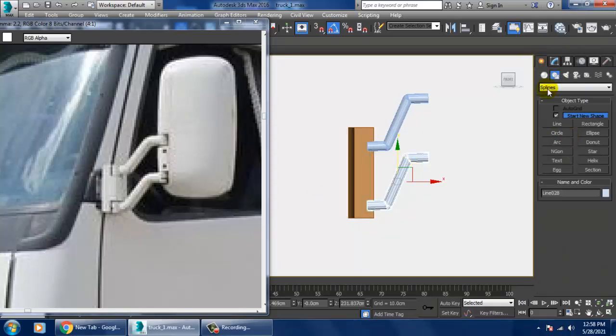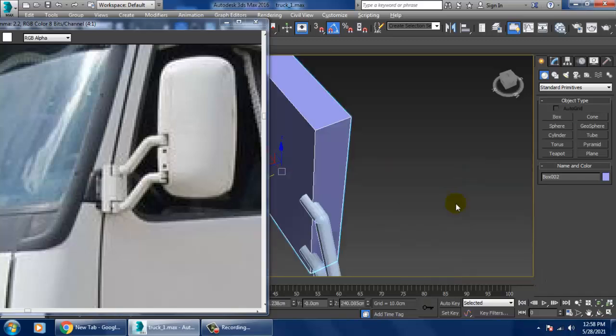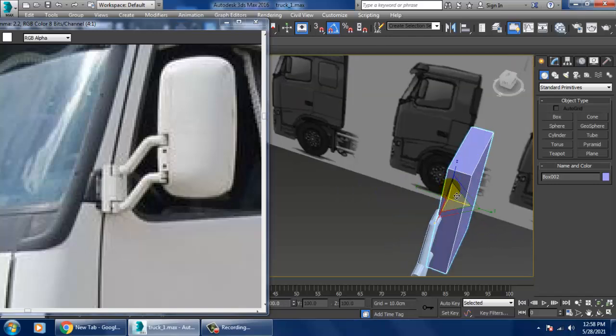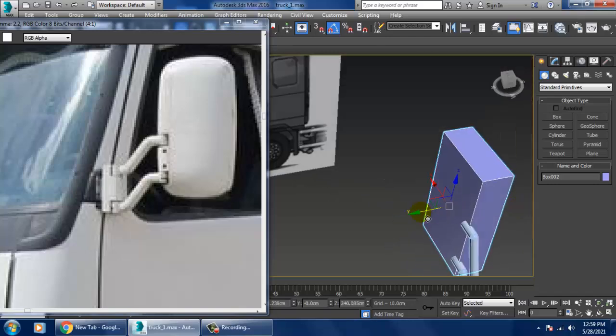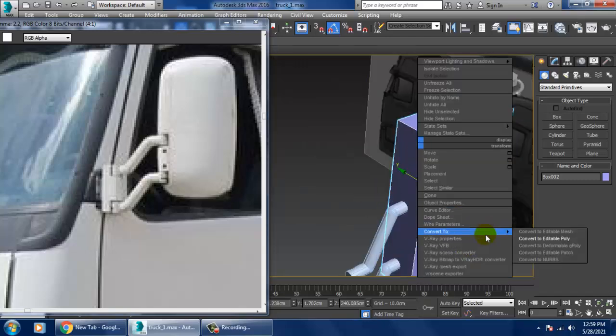Let's again take a box and convert it to editable poly.